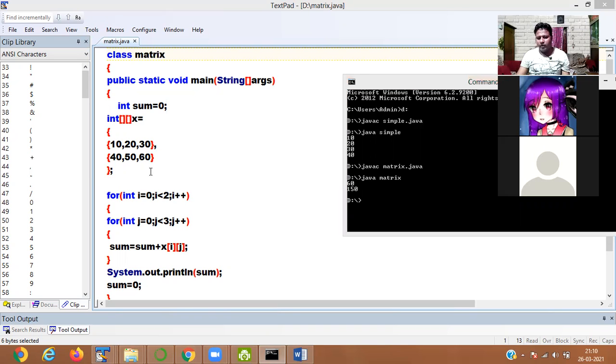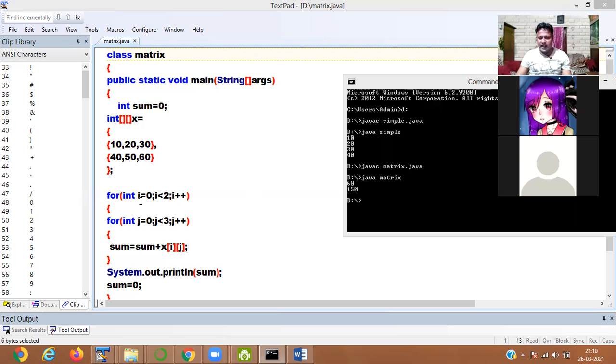So now how it is working, how it is added. See that here I only define a variable int sum is equal to 0. Then an array is defined here, that is x.